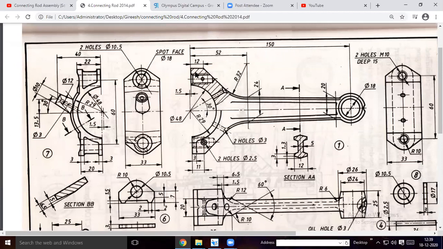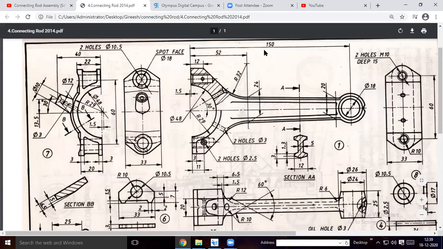Okay, so from this plane, the total distance is 150. Here you see you will be having this profile here, top view. This is 26 mm. So 26 means half of that distance will be 13 mm. So out of 150, you neglect this 52 and this 13 mm. So that you will get where you have to fix this plane. You will get to know.